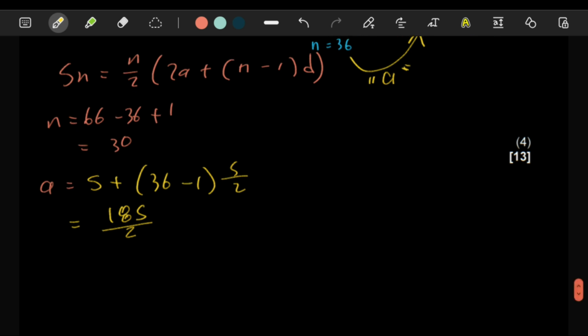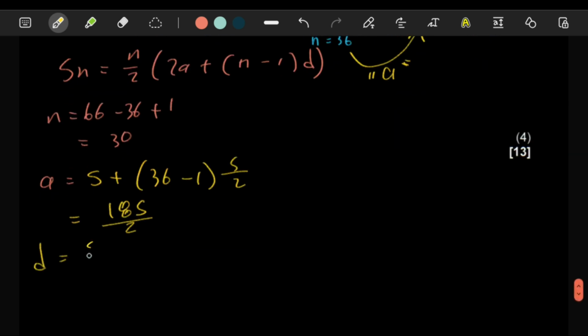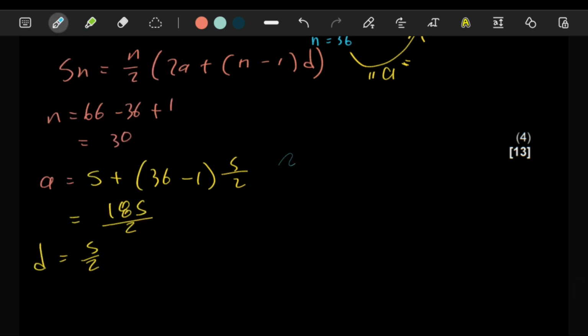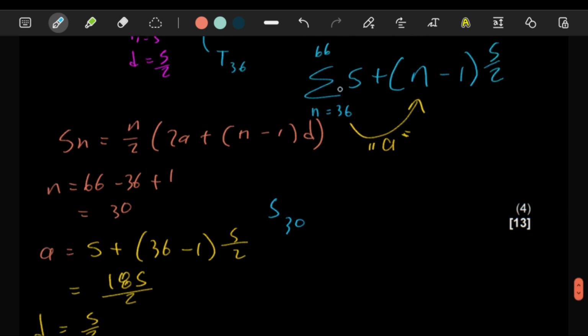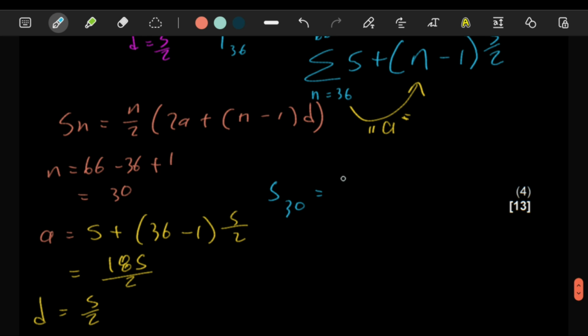Over 2, that's your a. You see, you have n, you have a, and then d is still just 5/2. So let's put all this into the Sn formula. So the sum of the first, so this would be like S30 in that sequence, starting from there to there. This would be equal to